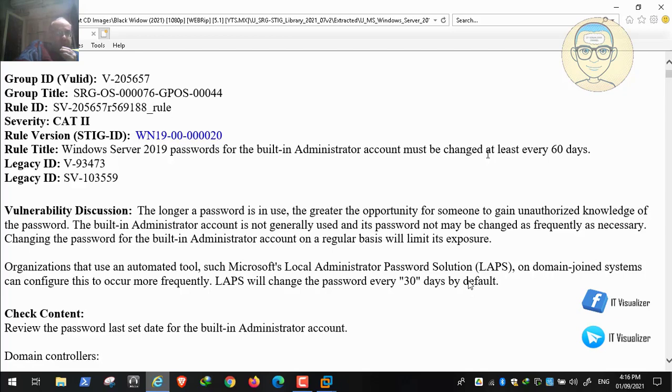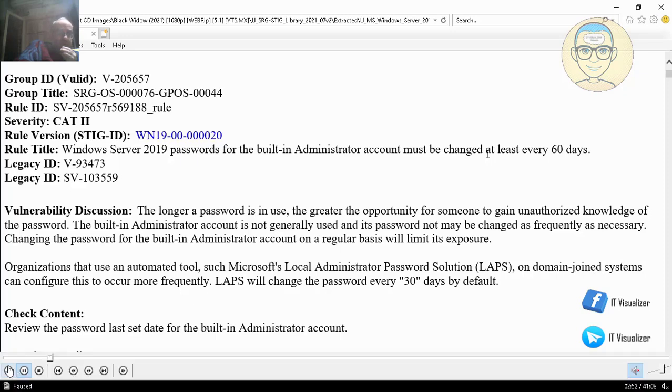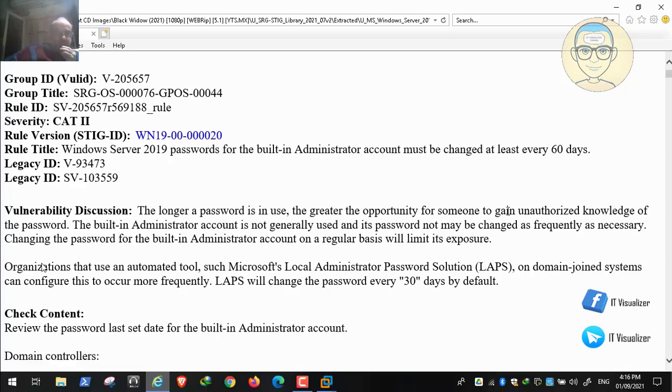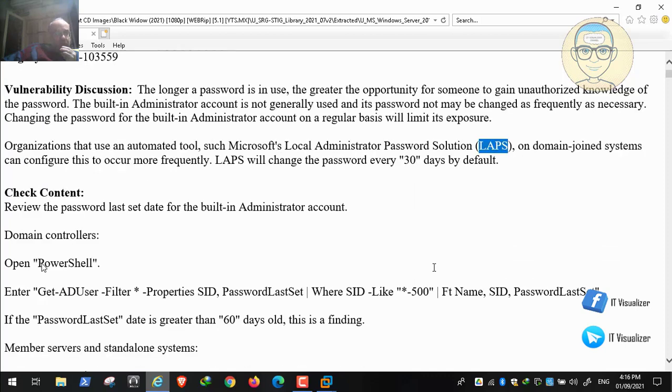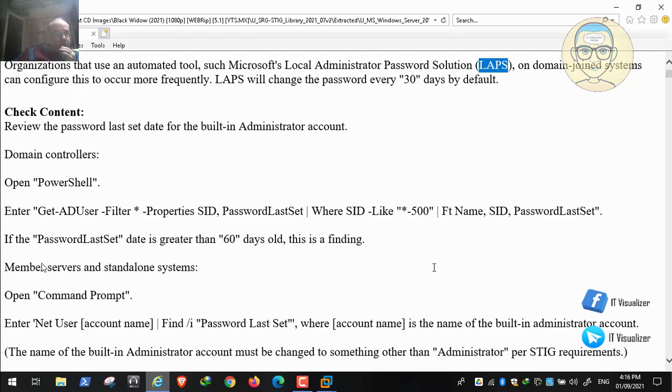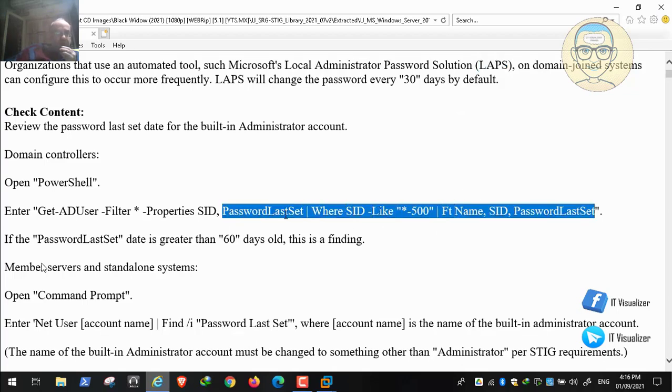Okay, so here he's saying that this should be done on domain joined systems. So this includes servers and workstations. This is also one best practice to change the local administrator password, and this was discussed in the Windows 10 secure PDF or recommendations. And here, for example, we will run a PowerShell command to know if our local administrator password